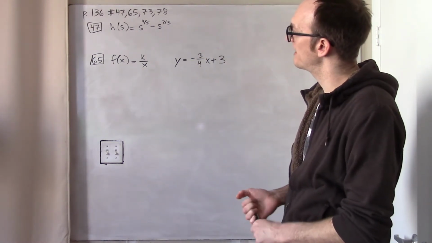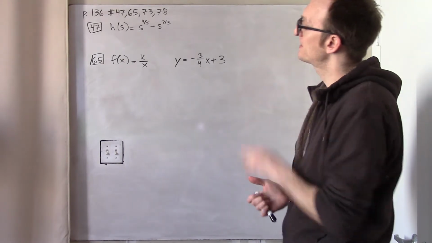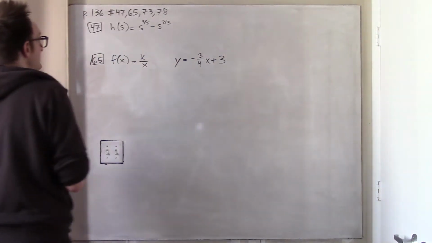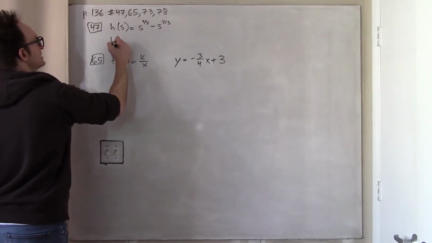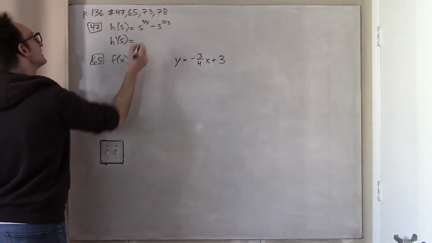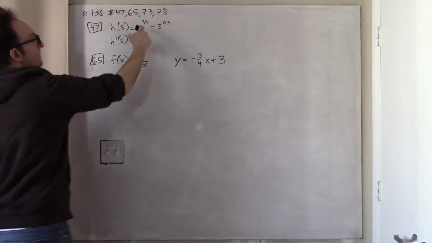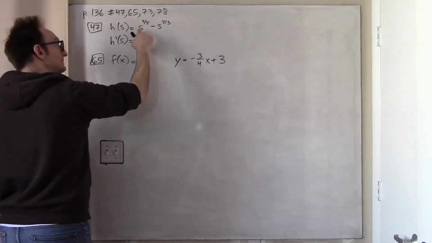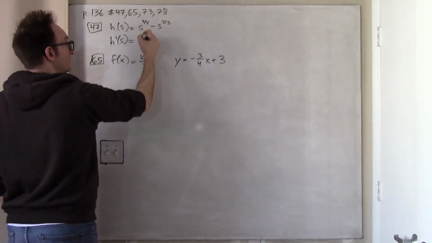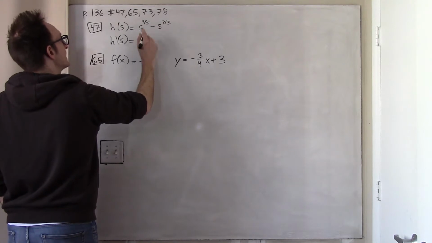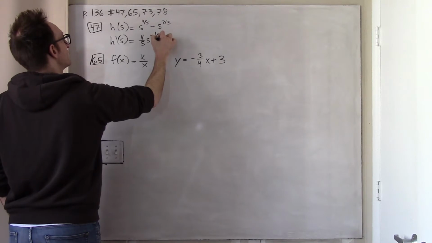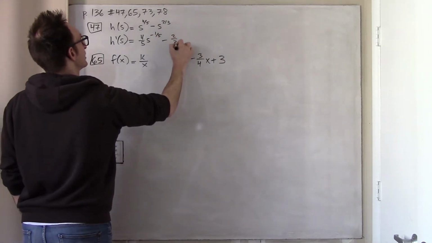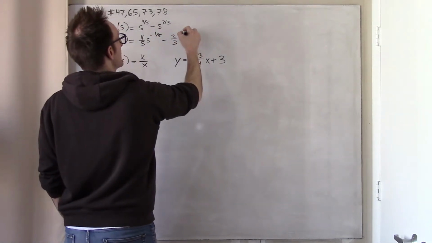Here we have a function h. The independent variable is s for whatever reason, and it's s to the 4/5 minus s to the 2/3. So this is just practice on using the general power rule. What is the derivative of s to the 4/5? Well, you apply the power rule, and it's 4/5 s to the negative 1/5 minus 2/3 s to the negative